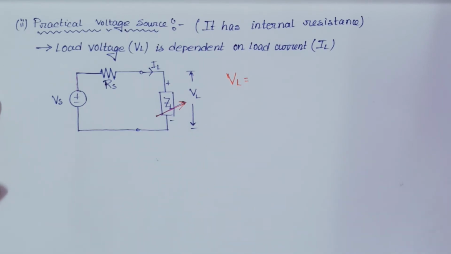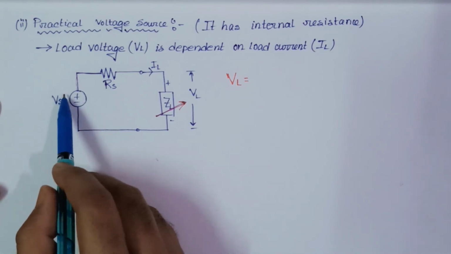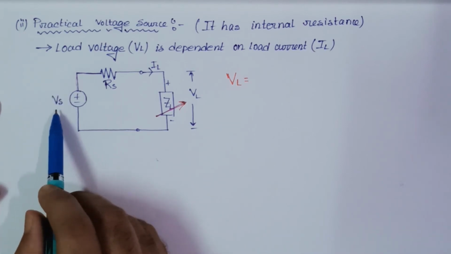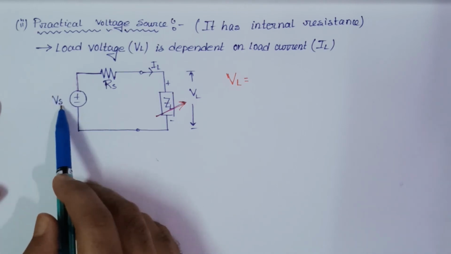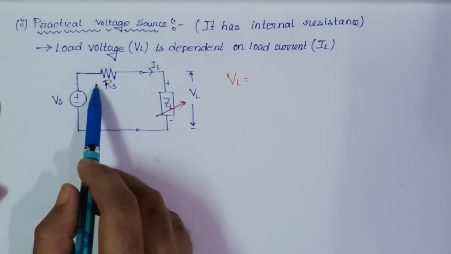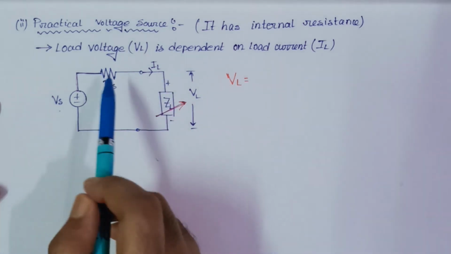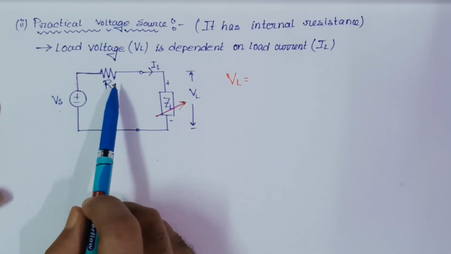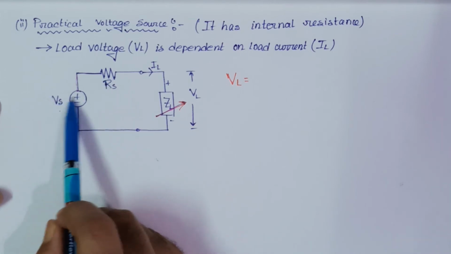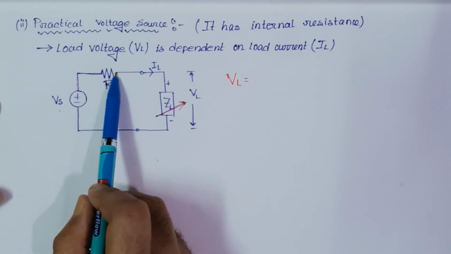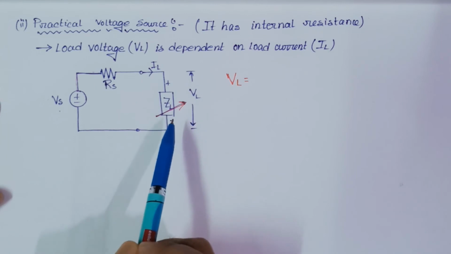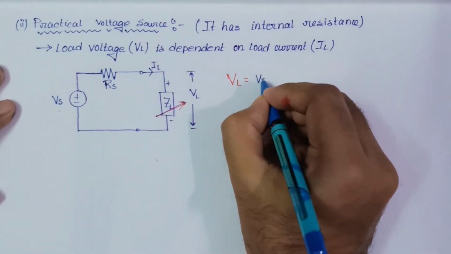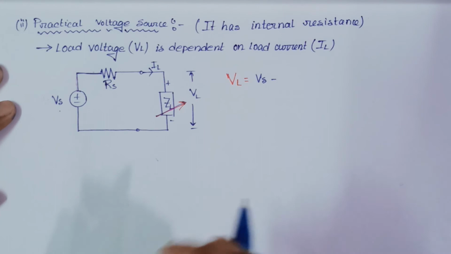Now you tell me, by analyzing this circuit, what will be the value of this load voltage, VL? Suppose, I will explain it in the KVL part later, so don't worry. First of all, initially you have Vs, the source voltage, and this source voltage is being dropped in this resistance first, partially, okay? It is not dropped the whole value, only partially. So some value of Vs is dropped across this terminal, and the remaining value will drop across ZL, and that will be VL.